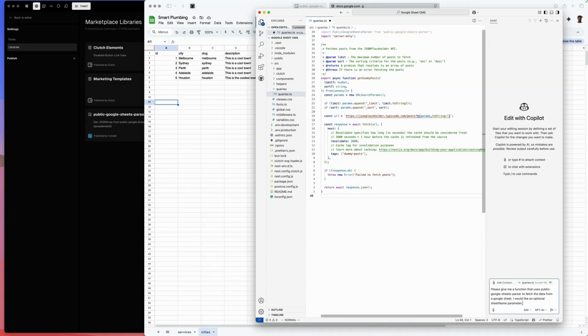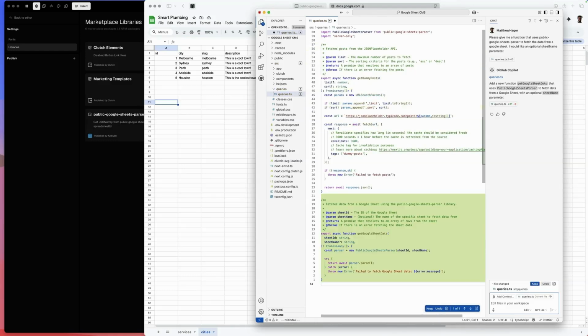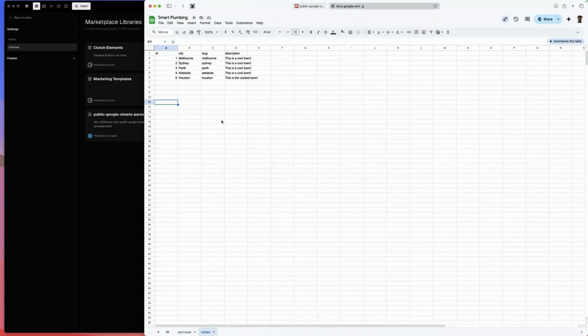I think that's all that we need. Let's just try. Let's see what it comes up with. Get Google Sheet data. It accepts a sheet ID and a sheet name and returns it. And the interesting thing is, this is close, but this is where sometimes you're going to have to